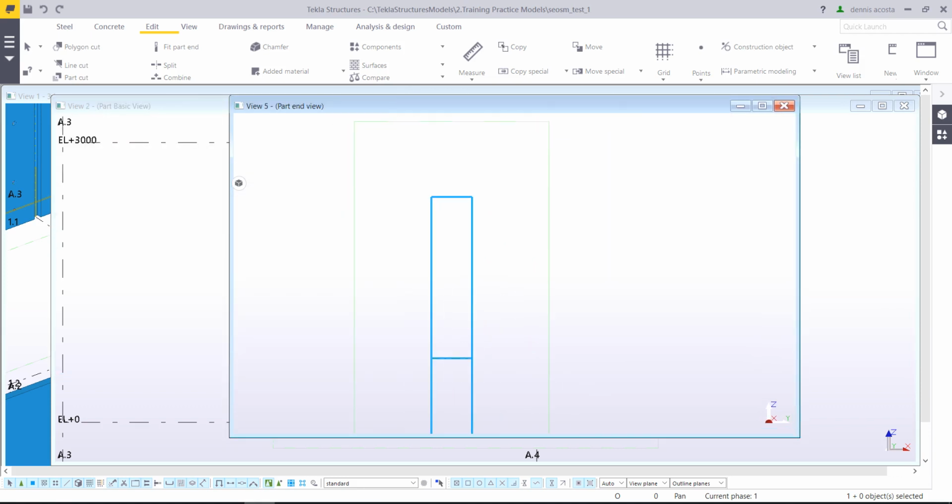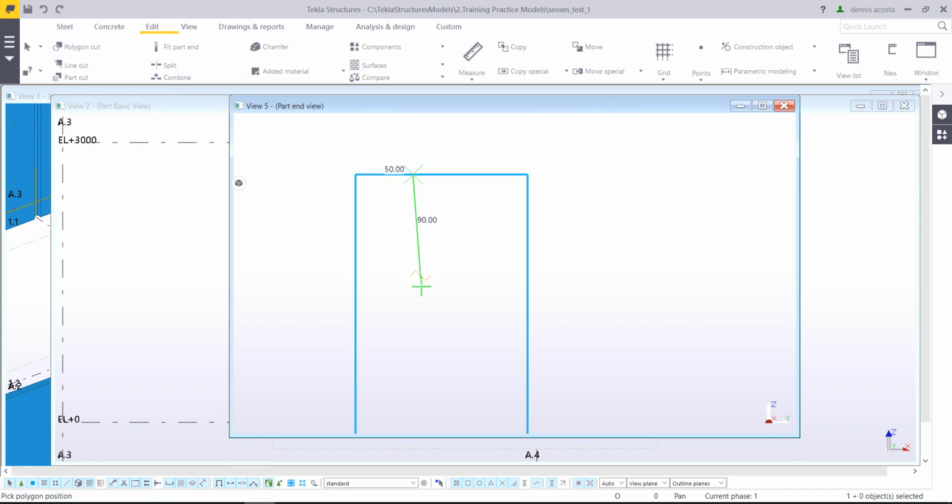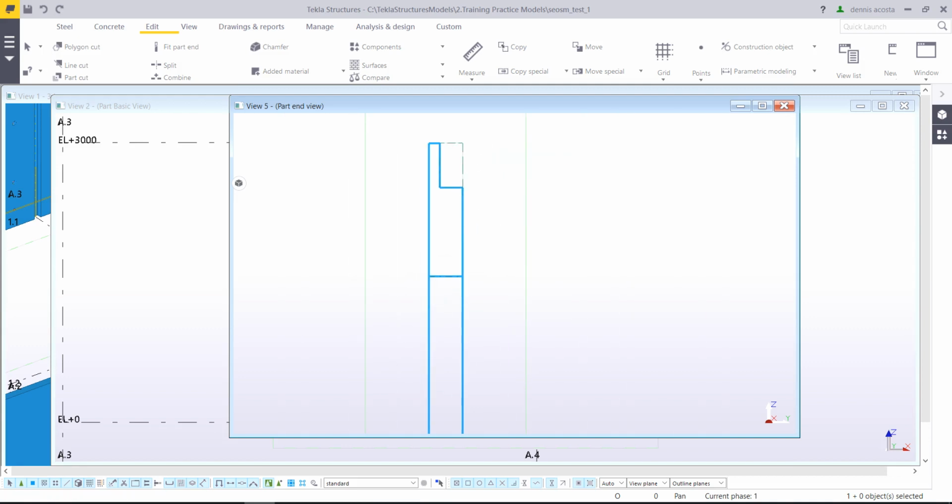So I will select this one, polygon cut, 50, 200, okay. Okay, now